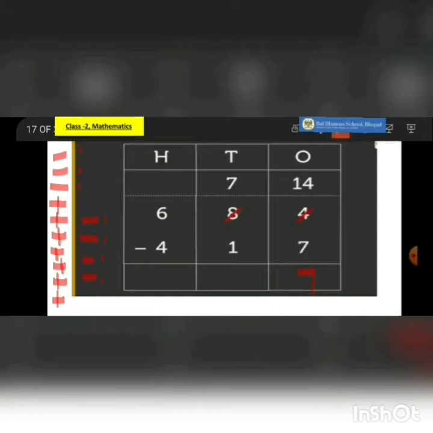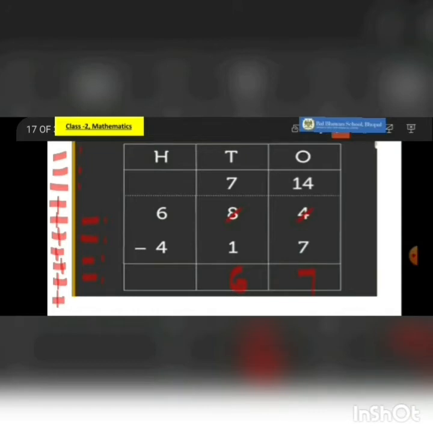Now come to the tens place. Now see, did you notice that the upper digit is bigger than the lower digit? That is 7 minus 1. So we can do this. We don't have to borrow again. 7 minus 1 is 6. Again, you can do very simple calculation by counting on your fingers, or if it is difficult, you can draw lines also.